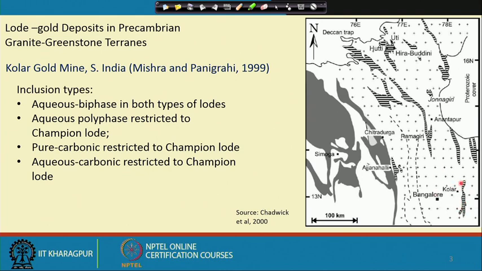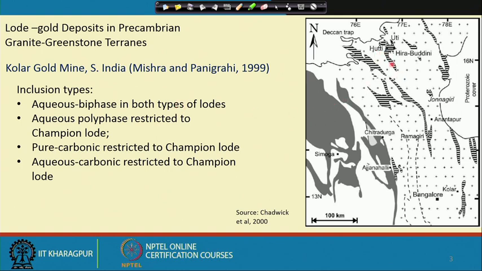This deposit has been closed down because of the falling grade of gold with depth, and it is one of the deepest gold mines in India. And some of the deposits in the Hutti-Maski schist belt here and in the Ramagiri-Penakacherla belt are also not currently producing. Some deposits are in the Chitradurga schist belt, in the western Dharwar Craton, where some exploration and discovery are still being done. So, I will just go by the example of the Hutti-Maski schist belt and the inclusions.